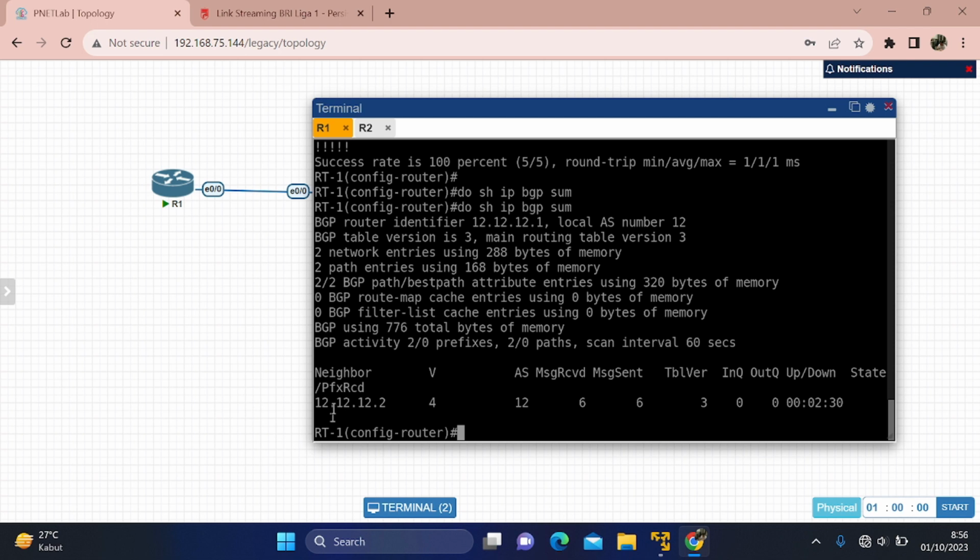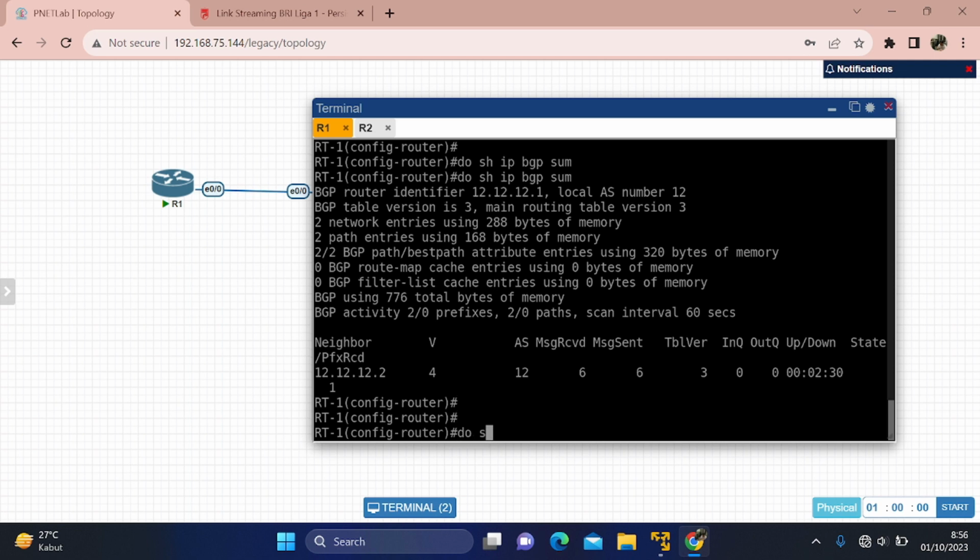Nah, in here the neighbor is up, after that do show IP BGP.